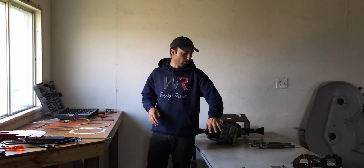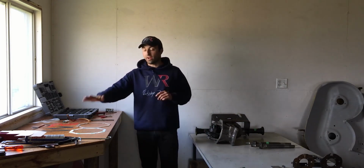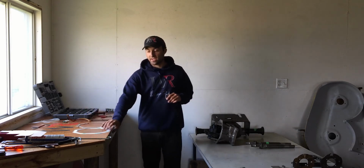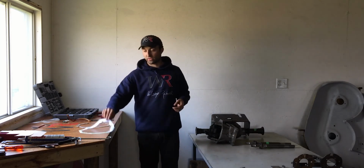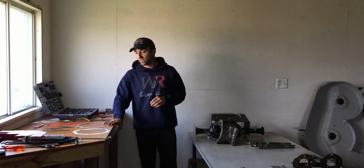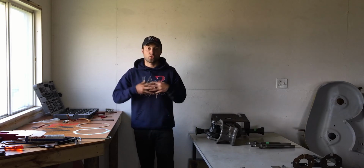Up front I have the bolts and some nuts over here, which are also very clean. On my right over here I have a new gasket which I cut out myself. I made this little template from paper and it worked out perfectly fine. The dimensions are right and the thickness of the cardboard works. And I'm going to be using a UTV sealant to seal that as well, so there won't be any leaks